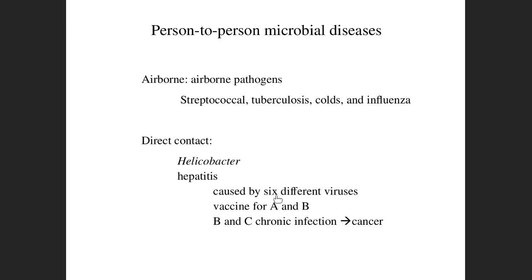There are at least 6 different types of hepatitis, and there's a vaccine for A and B. And if it's untreated, type B and C can cause chronic infection in the liver and eventually lead to cancer. Okay, and part of the problem is